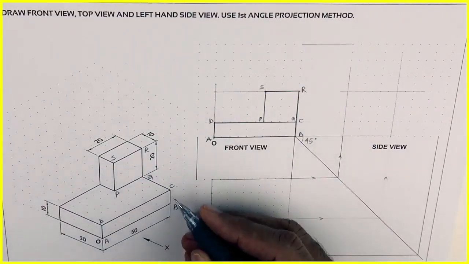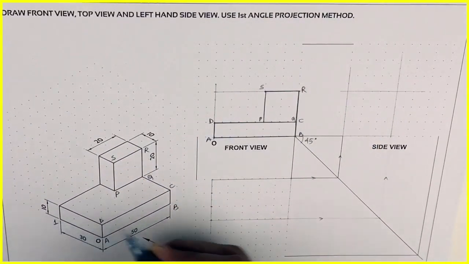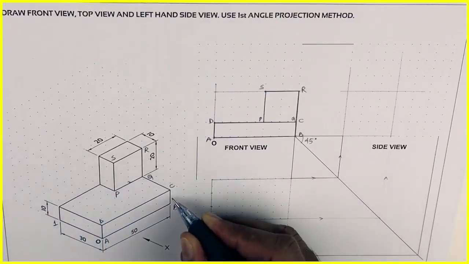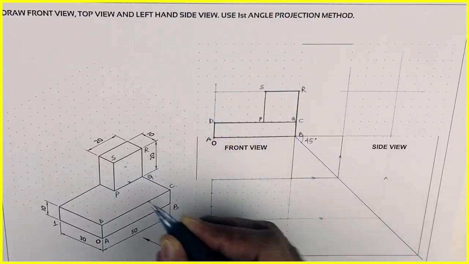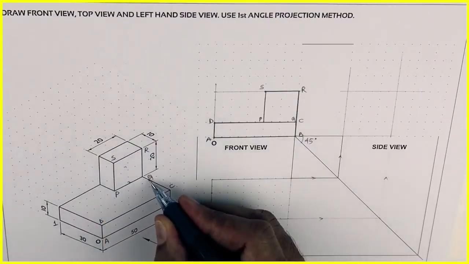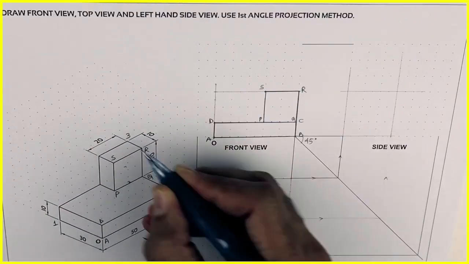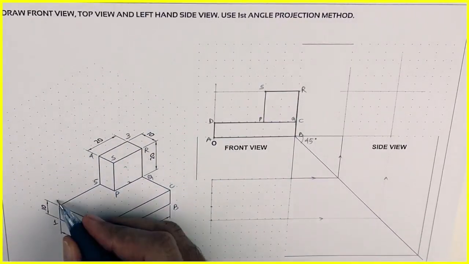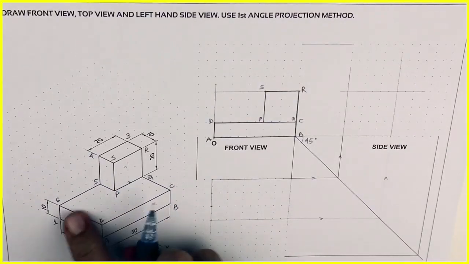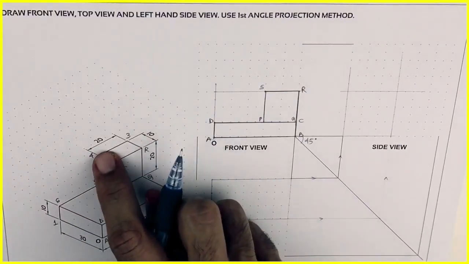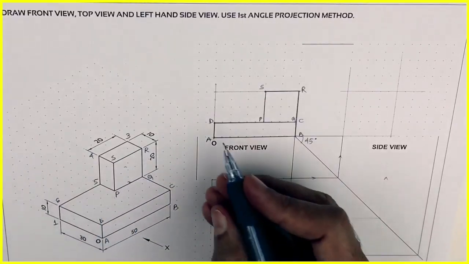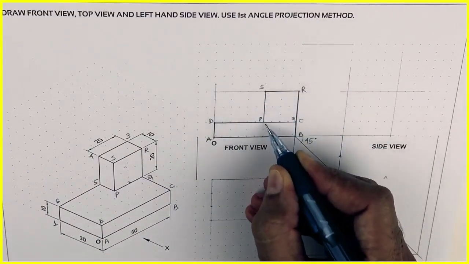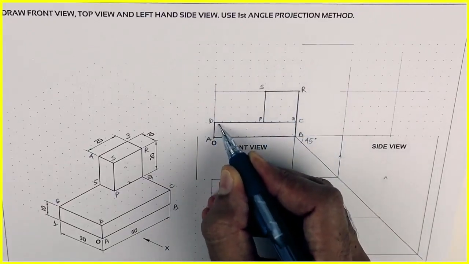Now in top view we'll see this. So I can write this as 1, then this point is 2, which is behind 3, right? So I can write 3, 4, 5 and 6. So I'm writing 1, 2, 3, 4, 5 and 6.